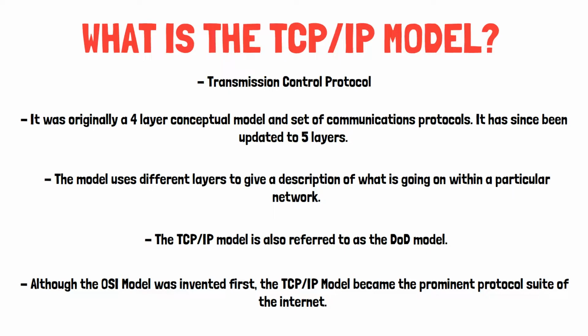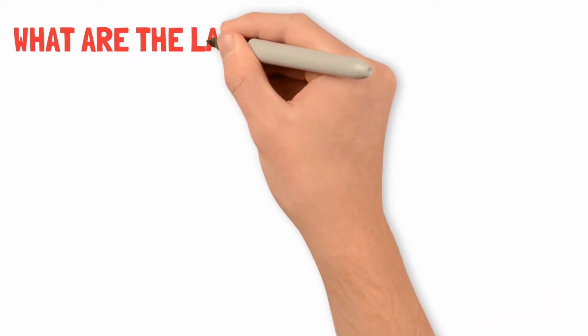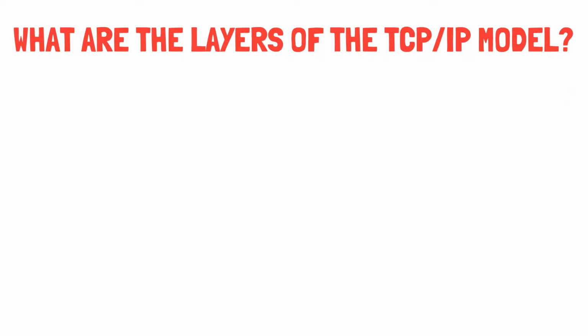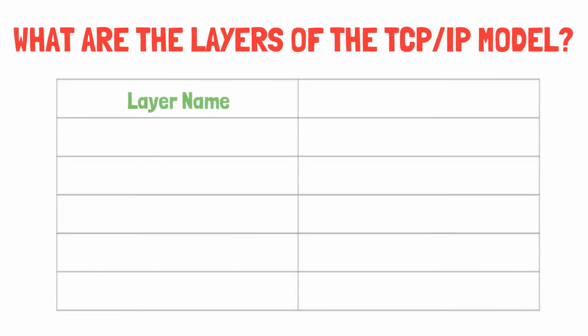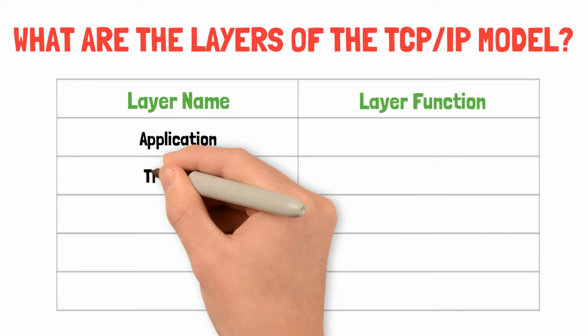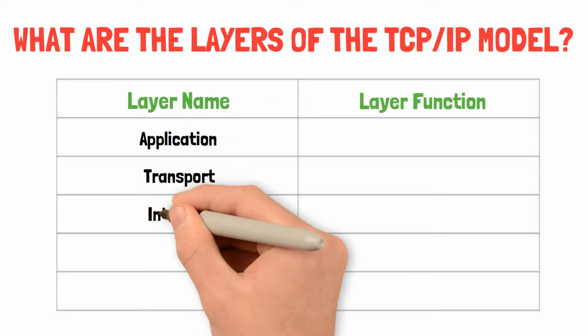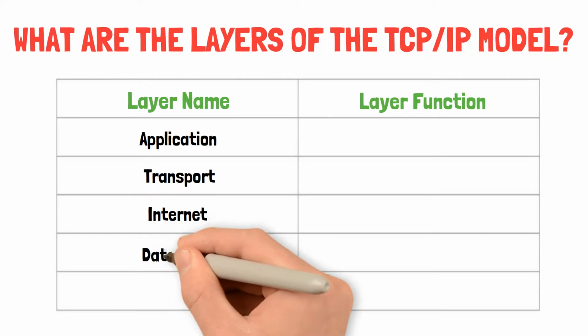So now that we've gotten a little bit of background on what the TCP IP model is, let's look at the 5 different layers of the TCP IP model and break those down. You'll see here that I have a chart with 2 different columns, the layer name and the layer function. Let's go ahead and list out the layer names first, and then we'll come back and go through the different layer functions. So from the top down, we have the application layer, the transport layer, the internet layer, data link